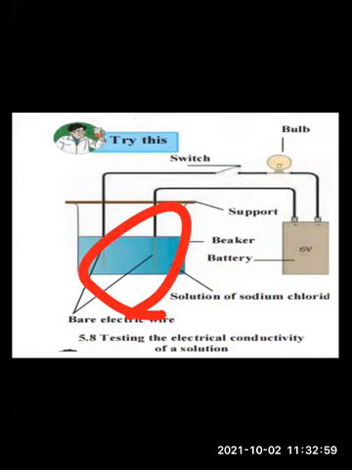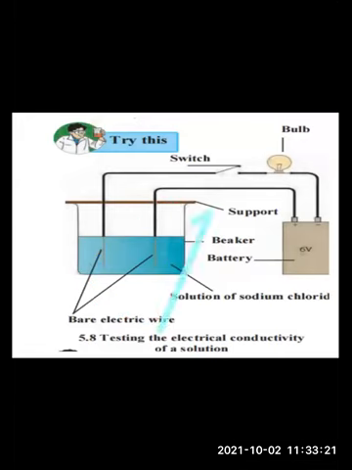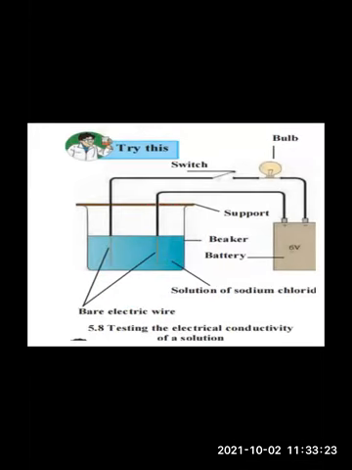Okay, so what is cathode? Cathode is the negative electrode connected to the negative terminal of the battery by a conducting wire. And the electrode connected to the positive terminal of the battery, what we call it as anode. Very good. Some of the students are giving the answers in the chat box also. Good students, good.